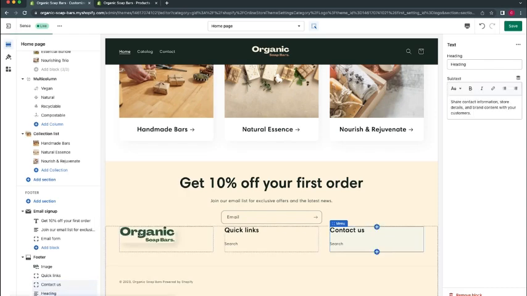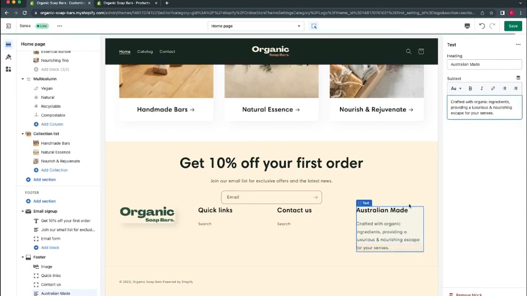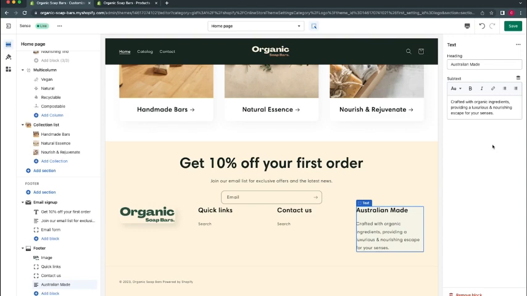We can add one more, which is just text. So let's start off with this text. We're just going to add the text in now. We're going to type Australian made, and then we're going to just add in another paragraph of text. And there we go. Now, if we go back to the footer, we can see that it's quite tight against